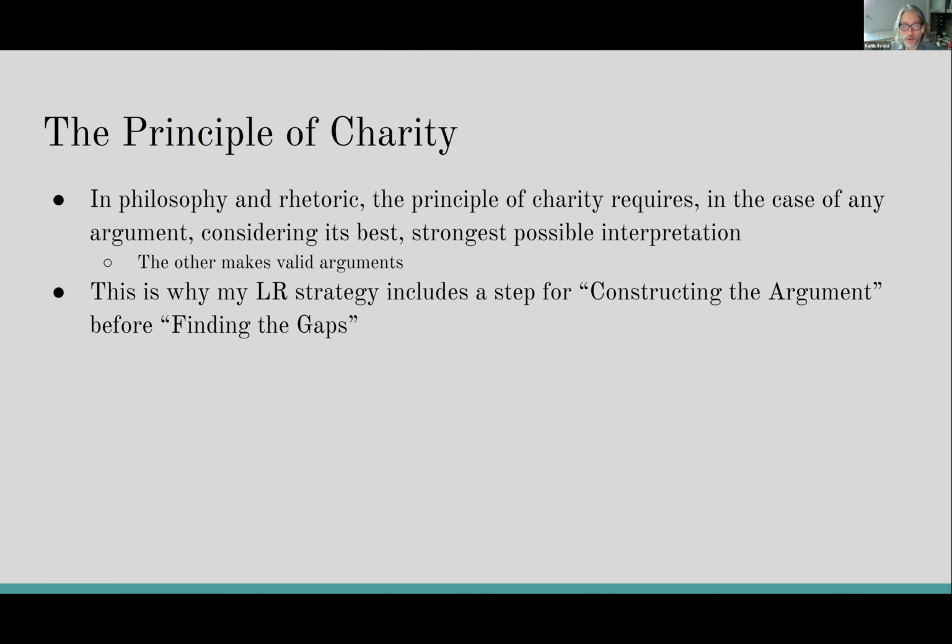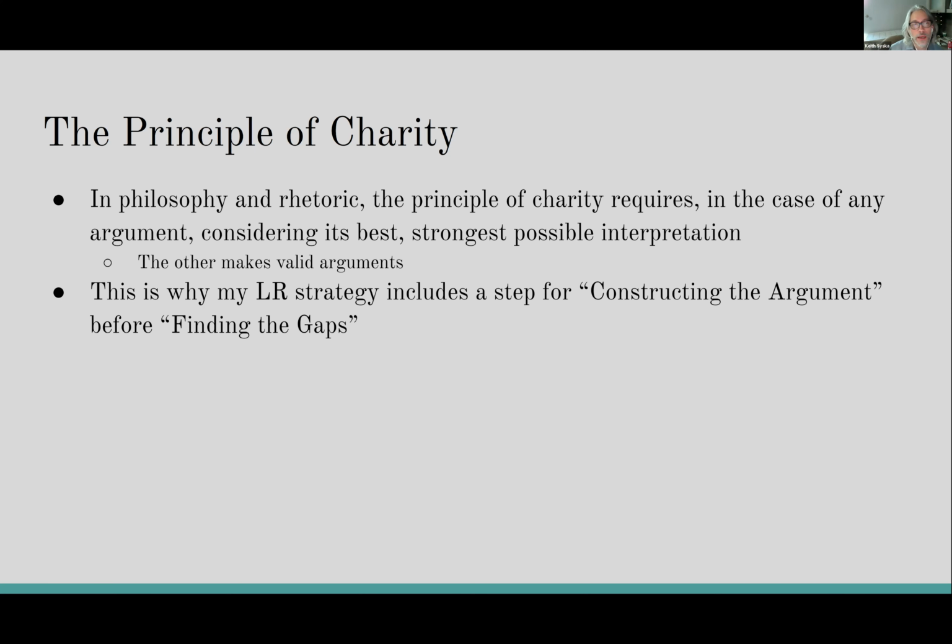And so what the other sources are telling you to do is to take that puzzle all in pieces in the box, the way that the LR stimulus presents it to you, and just find the missing piece, brute force it. Look at every single answer choice and compare it to the argument and see if that's the missing piece. And what I've argued for a long time is that that's silly. It makes a lot more sense to me to just put the puzzle together, and then it's obvious what piece of the puzzle is missing. We don't have to argue about it or debate the answer choices. There is one piece missing and one answer choice that corresponds to that missing piece.